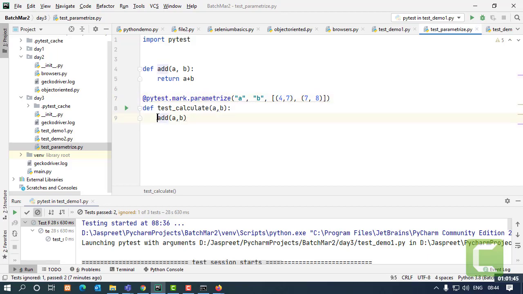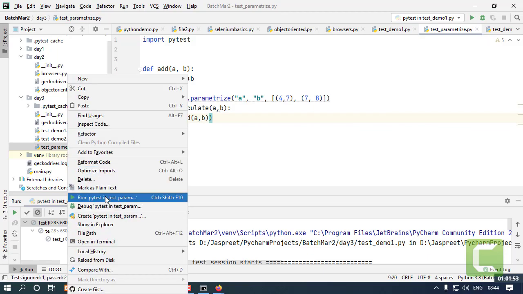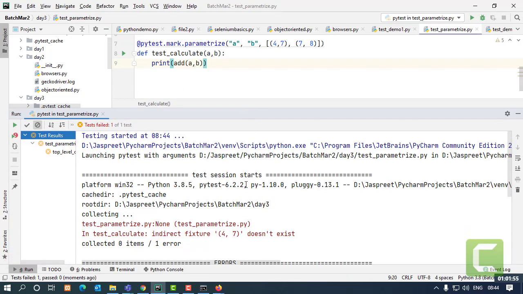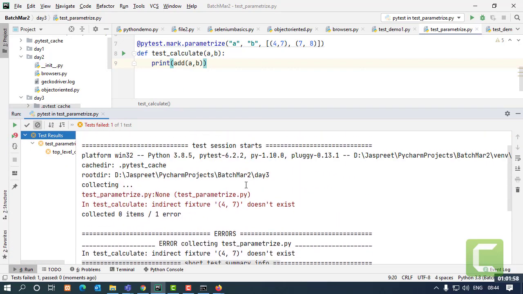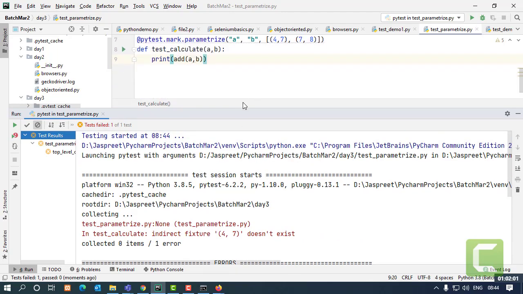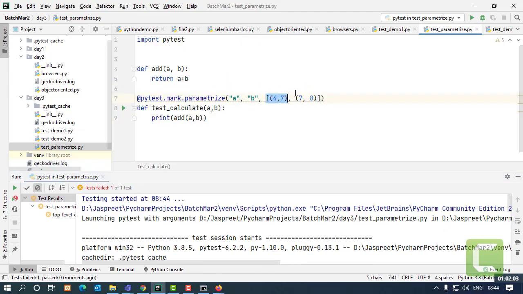So what I will do is print this. I'll save this and run this. I got some exception. Just a minute. I gave it opposite. The list will be here.